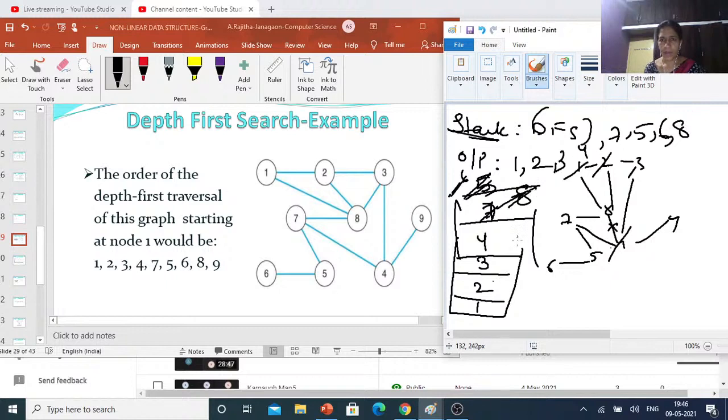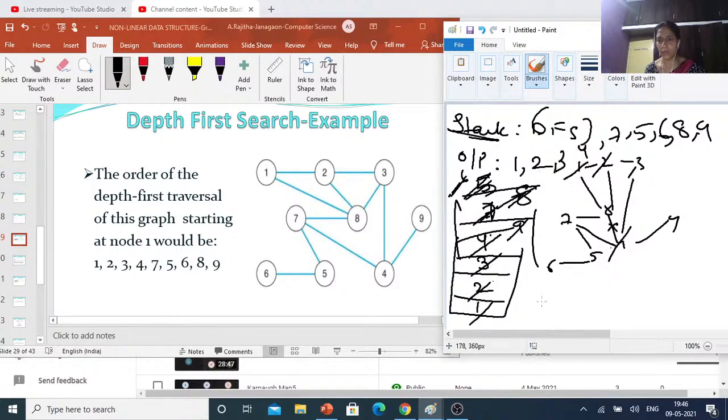Okay. Popped. Then next 7. So 7, 8 and 4 is also visited. Now this is popped out. And coming to the 4. So before popping, first observe 3 and 9. So 3 is visited, and now this is not visited. This is unvisited. So that 9 is here. Okay. So now the top element is what? 9. Okay. Now this is, and next this.